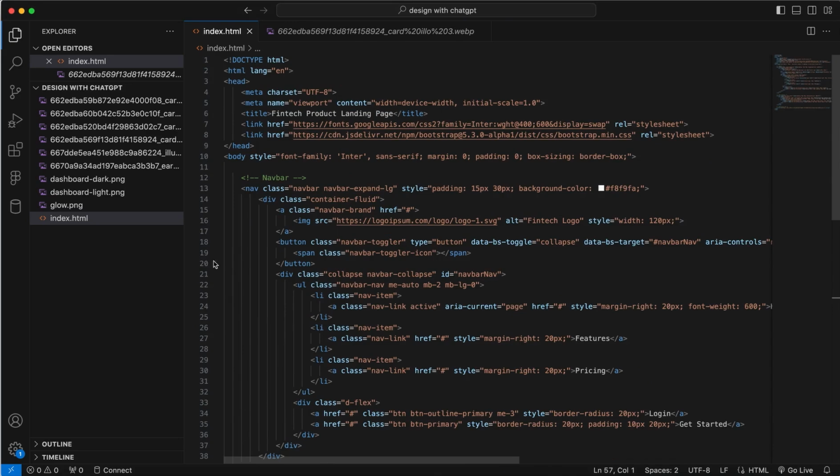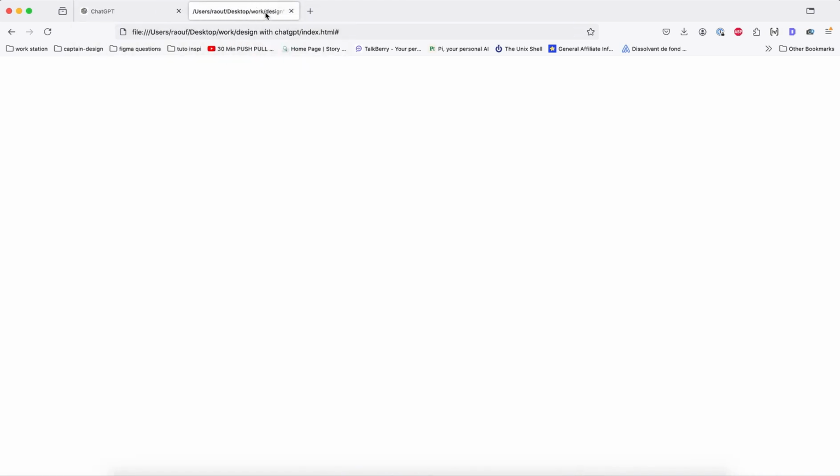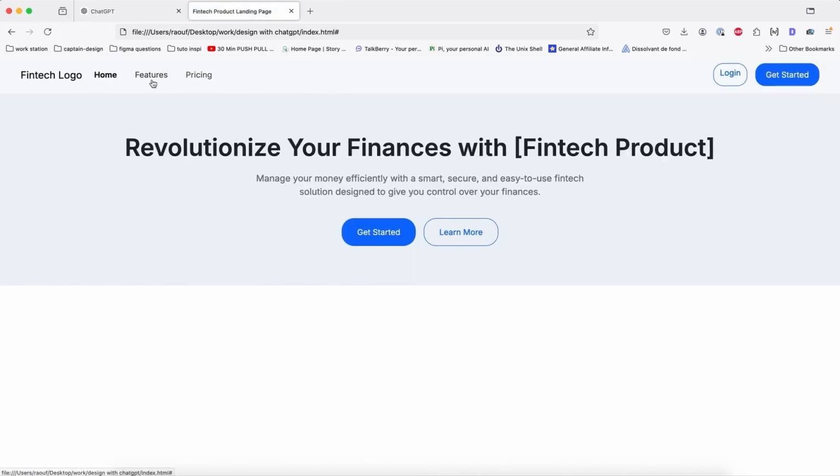Let's save, and let's see here in my index.html. Let's preview, and here is what it has generated. Now it has exactly the components we wanted. Now we're going to try to